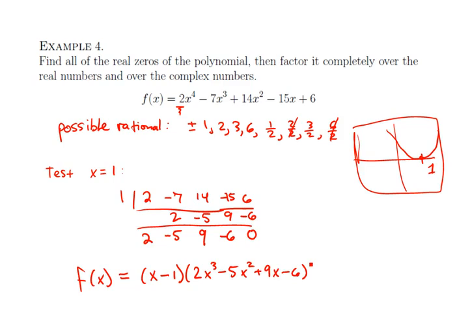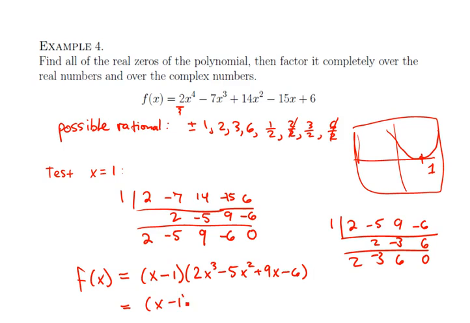Now again, from our first look at the graph, we thought that x minus 1 might be a repeated zero, a multiplicity 2, so we'll do a synthetic division again and see if we can show that that's also a zero of 2x cubed minus 5x squared plus 9x minus 6. So we multiply and add, multiply and add, multiply and add, and it is. So we have a second factor of x minus 1. And what's left is 2x squared